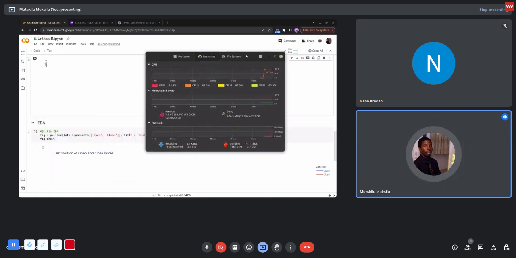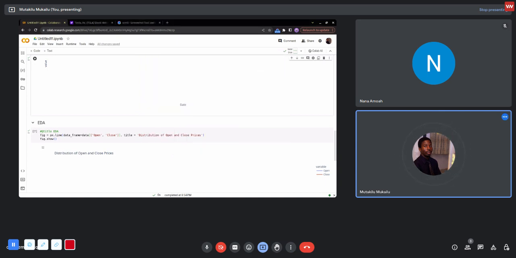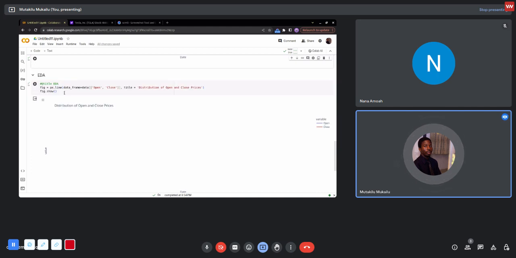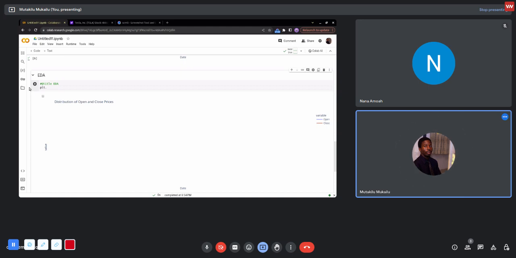So let's see my CPU usage. You can see all of them are almost getting through the 4 CPU cores. The memory is kind of weird. It's fine. Let me use a different way to visualize it. Let me use a normal matplotlib. So let me use plt dot, or let me just do data